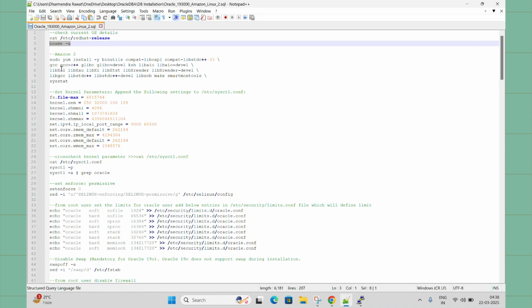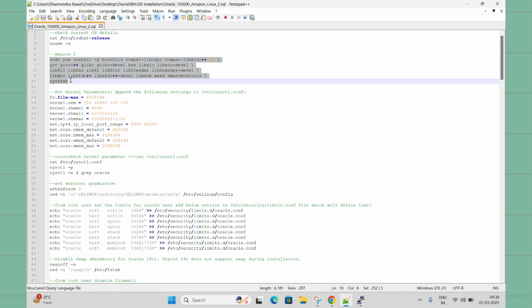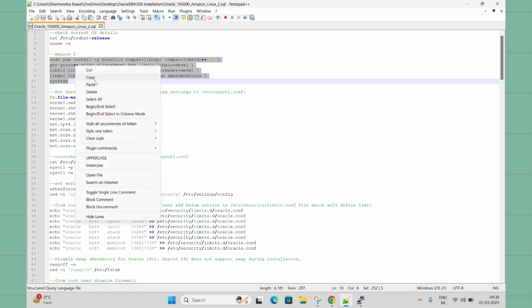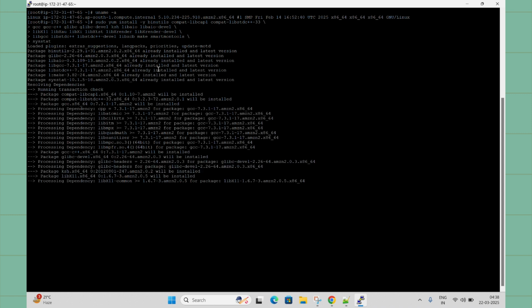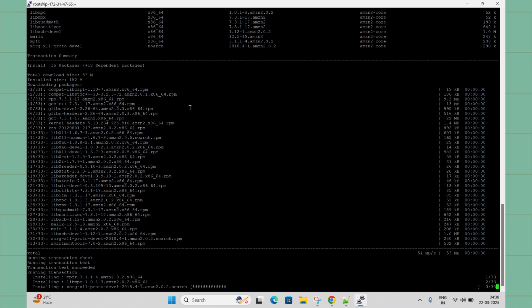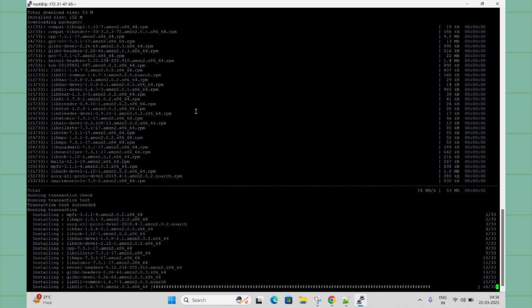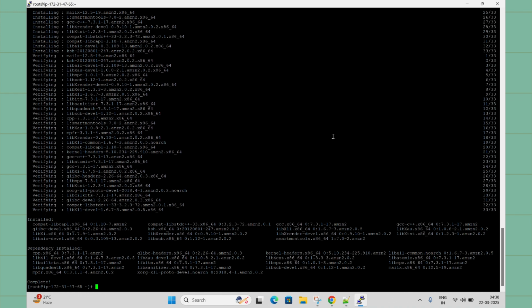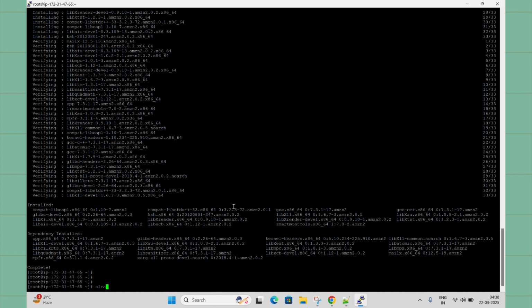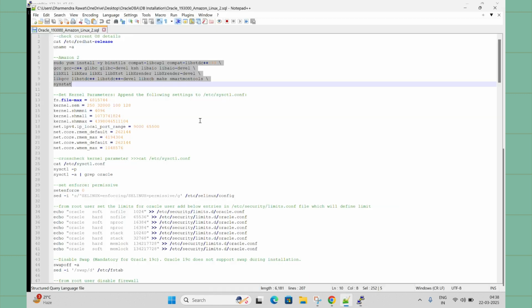Okay, so these are the things we can check here. Now the next thing is we need to install some pre-installs. So these are some packages we need to install. So this is for Amazon Linux 2. I will keep this document on a blog post, and I will provide a link in the video description, so you can go through it. Okay, don't need to worry. Copy, and here you need to enter it. It will install it quickly. Okay, see, it is done. Right, now let me clear it so that you have a clean screen.